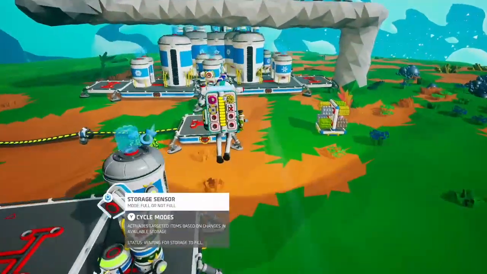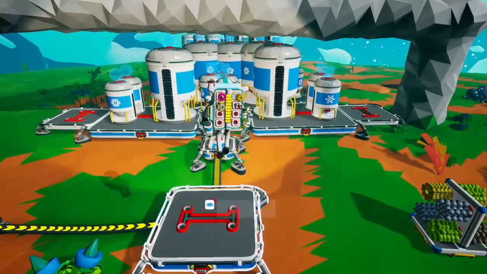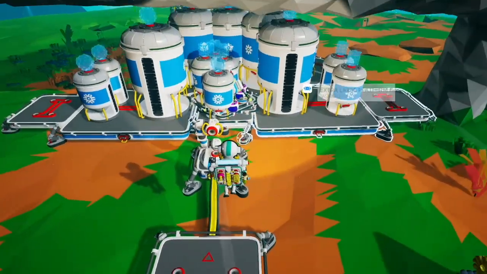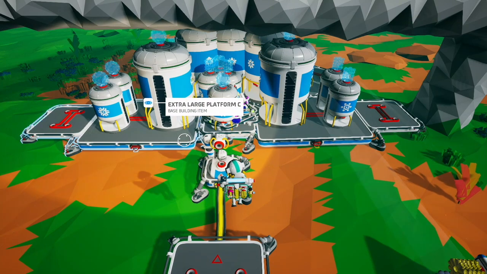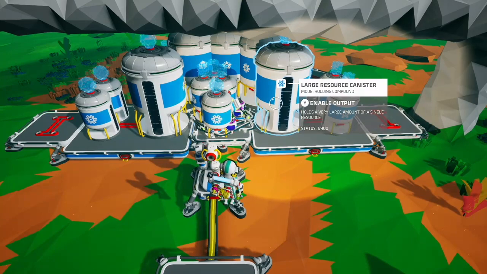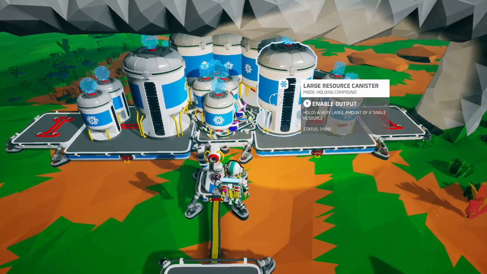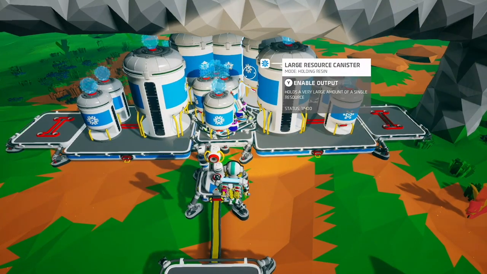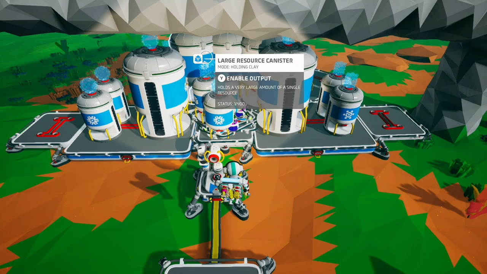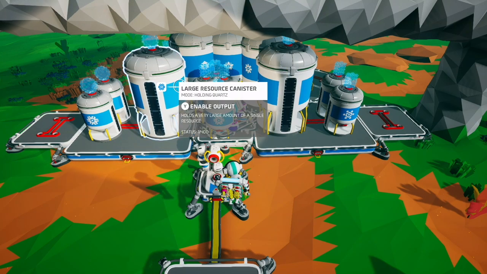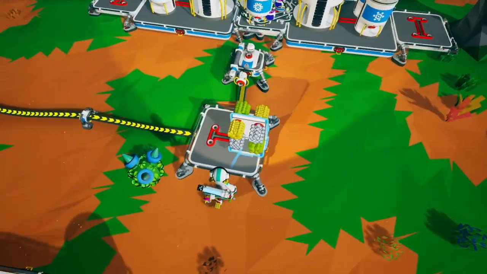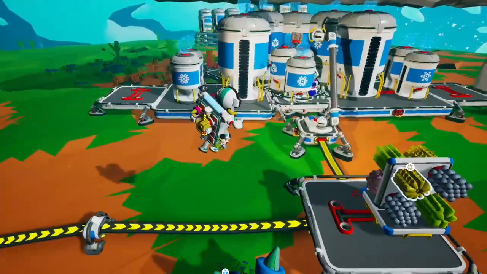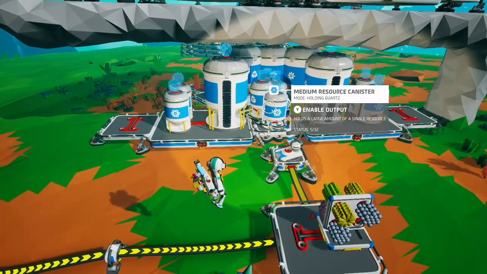So one of the designs for this is this setup right here. We have 5 overlapping extra large platform C platforms, and each platform contains a specific resource. So this is just an example, but we have compound, we have resin, we have organic, we have clay, and we have quartz. And if I put this on here, it will put the specified resource on the specific platform